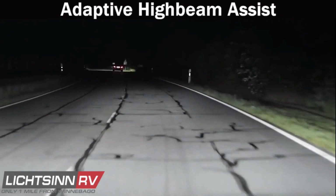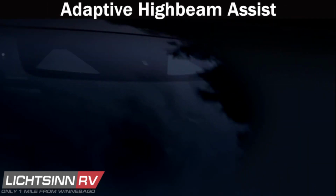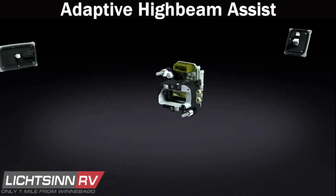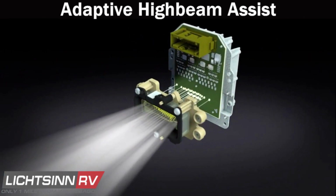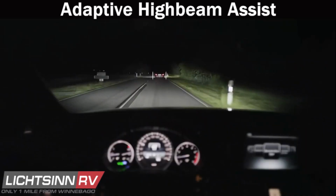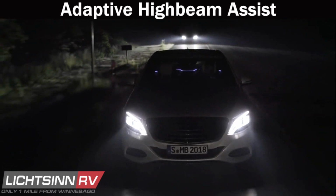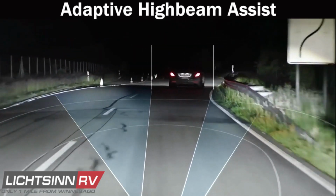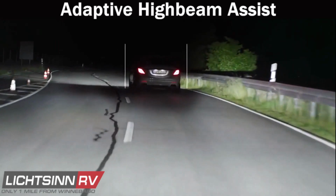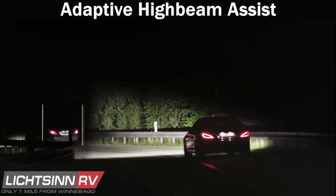Adaptive Highbeam Assist, enhanced safety in the dark. This system makes driving in the dark safer and helps to reduce the strain on the driver. Adaptive Highbeam Assist always makes the best possible headlamp range available while avoiding dazzling oncoming traffic. The driver barely needs to make use of the high beam switch and is able to concentrate better when driving